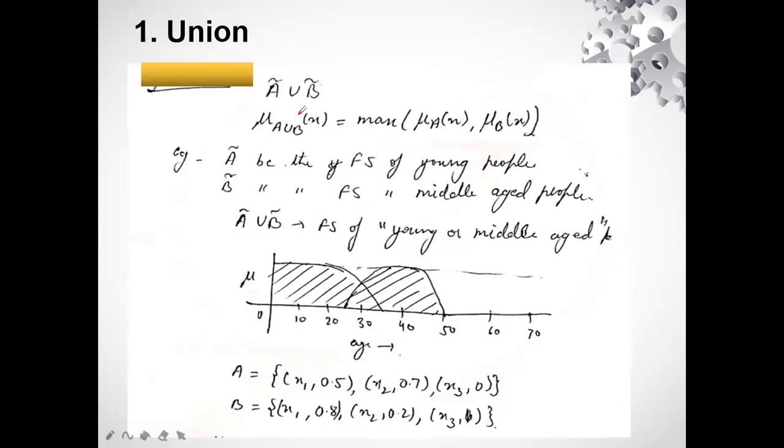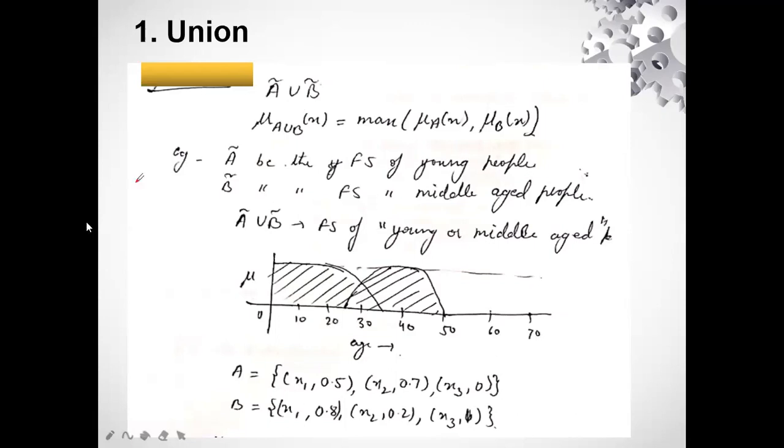Now see, as I told you, there is little difference between the fuzzy set and the crisp set. The difference is about the membership function. Here in the fuzzy set, we have the degree of membership function, which lies between 0 and 1, right? But in crisp set, it was either 0 or 1: whether an element belongs to the universal set or not. If it belongs, it is 1. If it does not belong, it is 0. But here the condition is that the elements belong to a particular set, but to what degree? That we have to define.